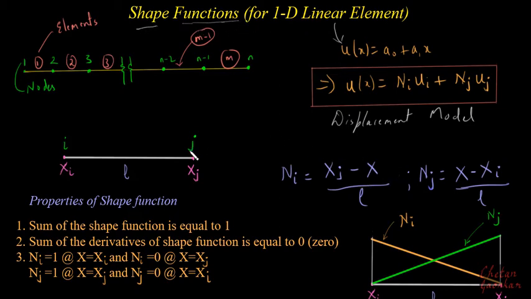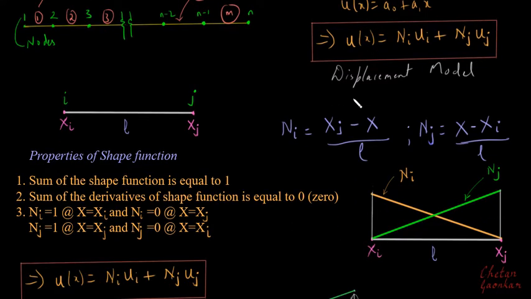The shape functions for other types of element will be something different from this, but these are the shape functions for 1D linear element. And how do we get this element? We know that in finite element method, whatever is the assumed trial function or displacement model is not applied over the entire domain, but what we do is we divide this entire domain into small parts, and those small parts are called elements. And for this one element we choose this polynomial function, and from there we derive this displacement model.